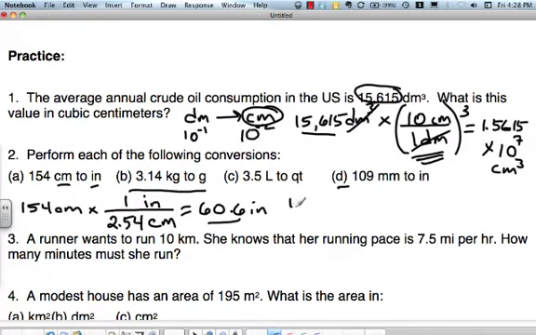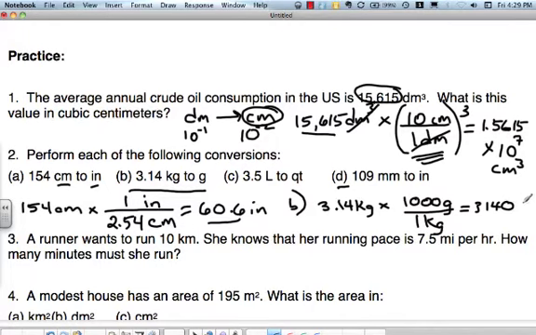B, kilograms to grams. This is a metric, so do not look at the lower left-hand corner on page 24. Think back to your prefixes. These are 1,000 apart from one another. There are 1,000 grams in a kilogram because it's smaller. So that 1,000 stays with the grams, and it has to be on top because that's what I'm trying to get to. And my answer here for B is